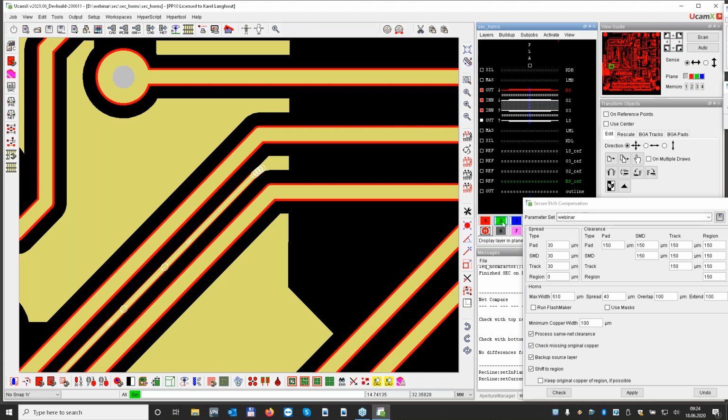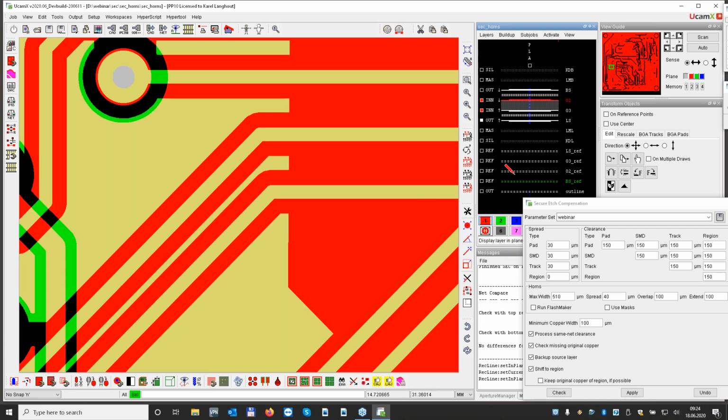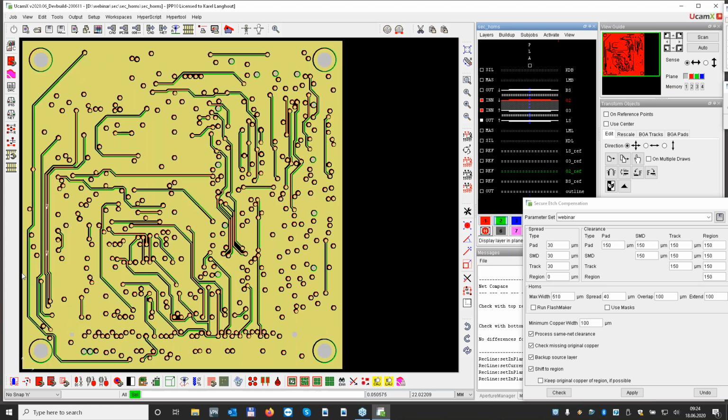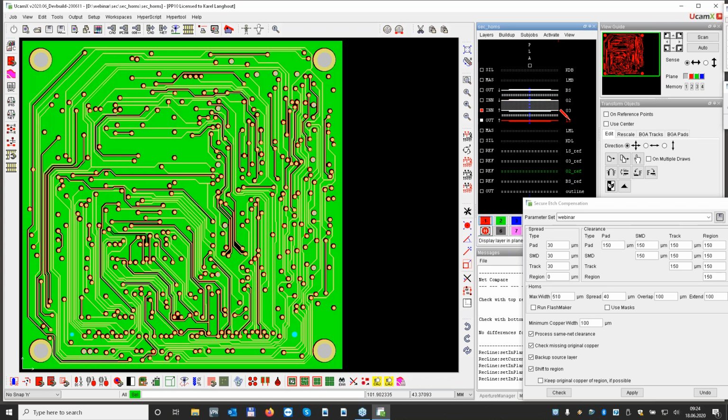Now, these situations you will find on all the layers that we also have down here. So we probably do not need to show them all. We will come to every layer anyway. But if I click over here, you can see also that we have some tracks where there's some copper over here that was not wide enough. So there are different situations where I have this minimum copper width that was not enough. So let's start down here and then let's work our way up, shall we?